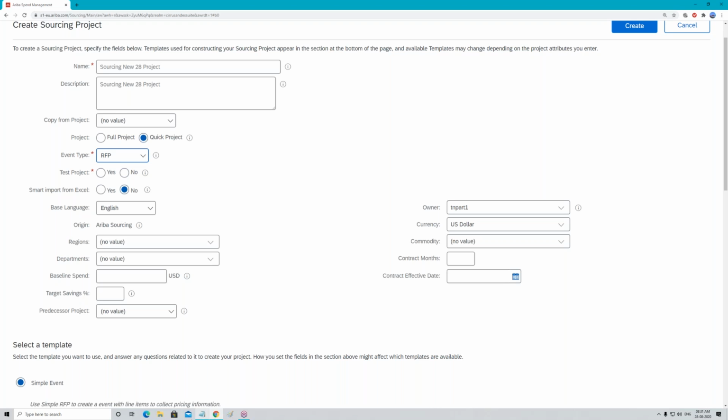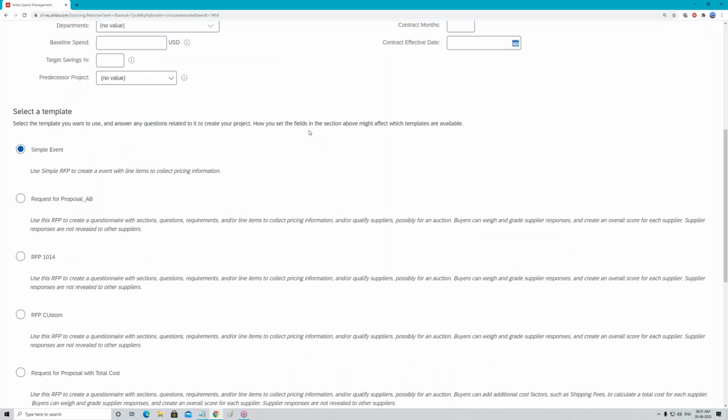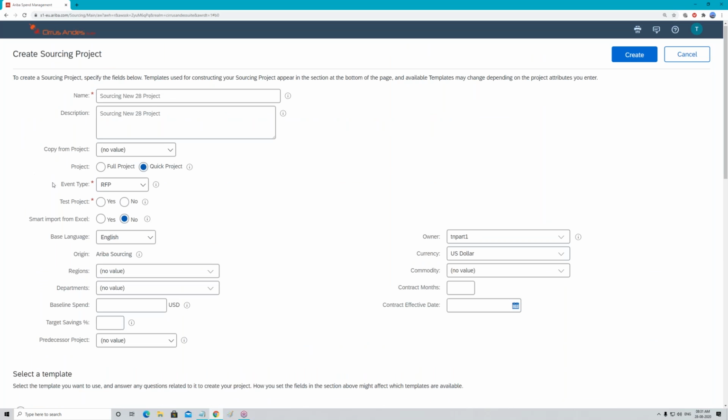Okay. Now, there are a few things which all of you should remember over here. First of all, the test project is coming over there, and it is a mandatory field. What does this particular field mean, Manoj? So I will say to all of you, test project basically means whether the sourcing project which you are doing is real time or just for testing purpose. Now why?